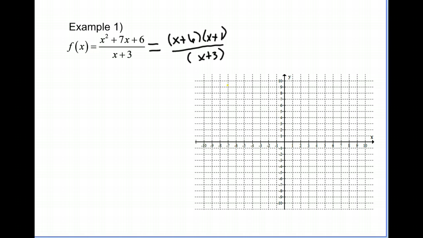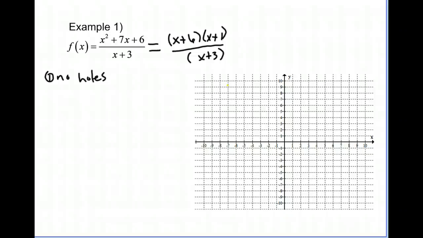So we've got this all factored out. It does not appear that there are any common factors between the numerator and the denominator. So first step, we say there are no holes. Again, there's no common factor between the numerator and denominator. So the next thing we're going to look at